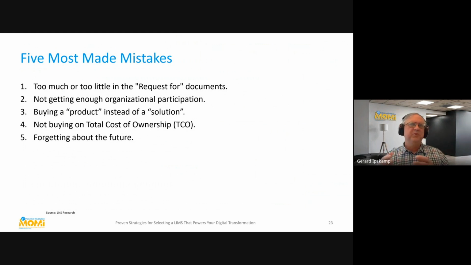Make sure you get a good feel of your partner, if it's a vendor or a solution provider, system integrator. You have to work with them probably at least 6 months, but probably longer, and the relationship is important there. And forgetting about the future, I mentioned that already. Ask for functionality for the next 5 years also.